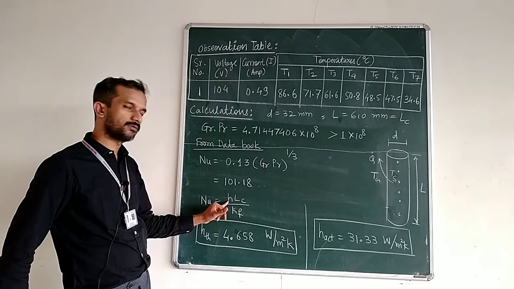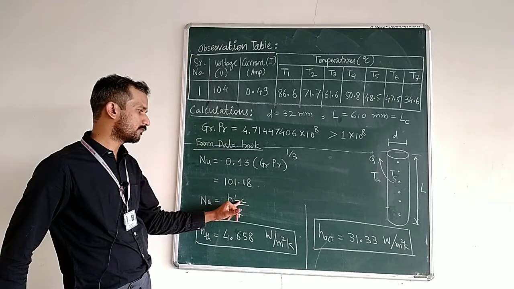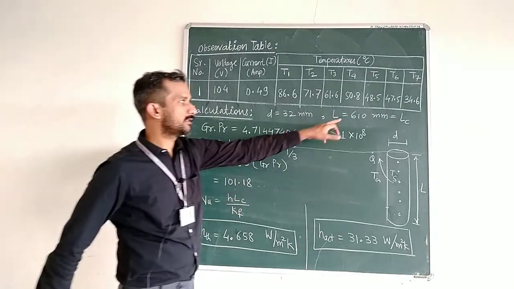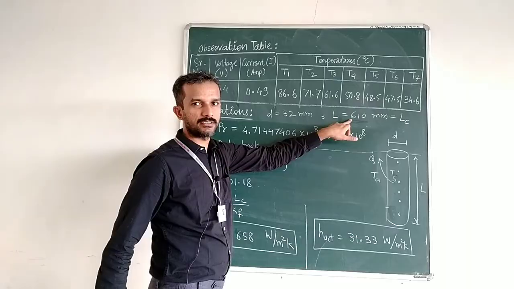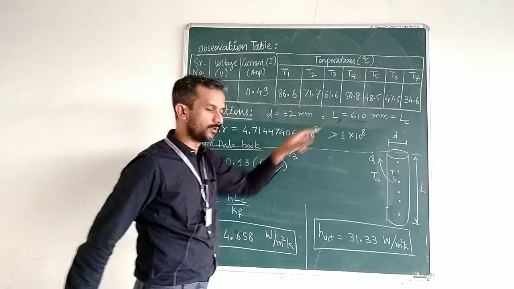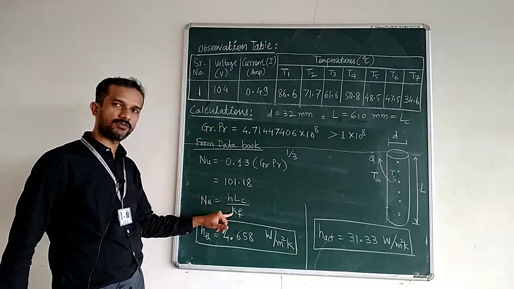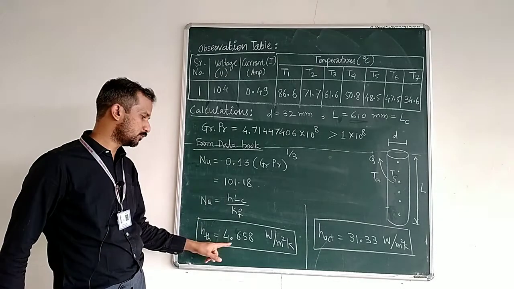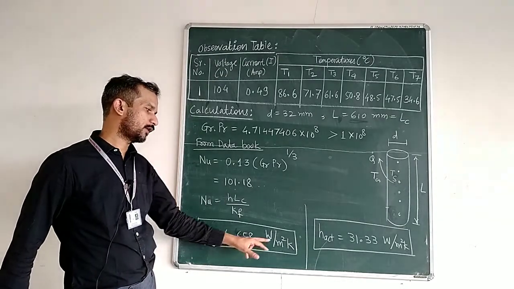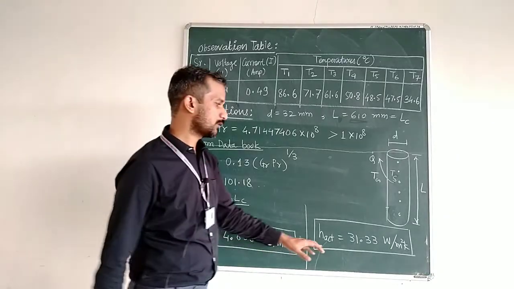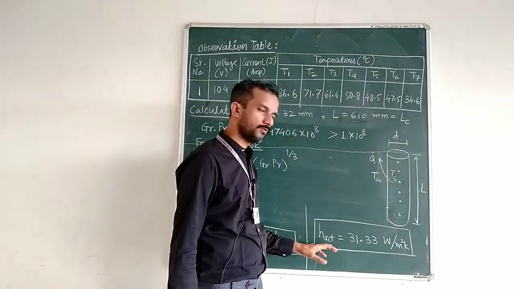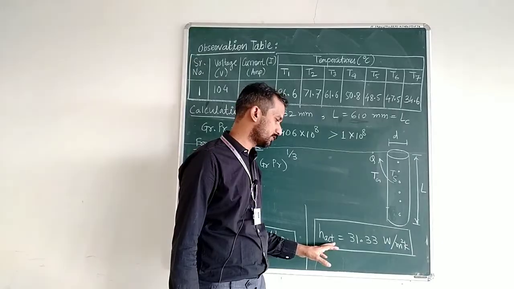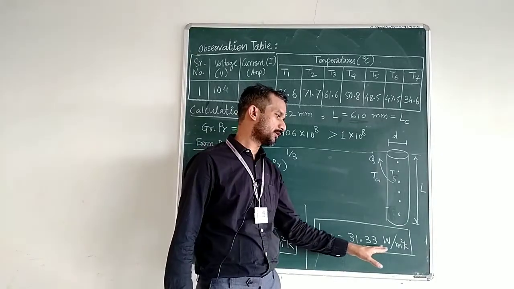Once we get the Nusselt number, which is a dimensionless number, we can find out the heat transfer coefficient with this formula, putting the value of characteristic length as the length of the tube, because in this case the characteristic length is the length of the tube. So put this value and the conductivity of the air, and you will get the theoretical heat transfer coefficient, which comes to be 4.658 watt per meter square Kelvin. With Newton's law of cooling, we got the actual heat transfer coefficient, which was 31.33 watt per meter